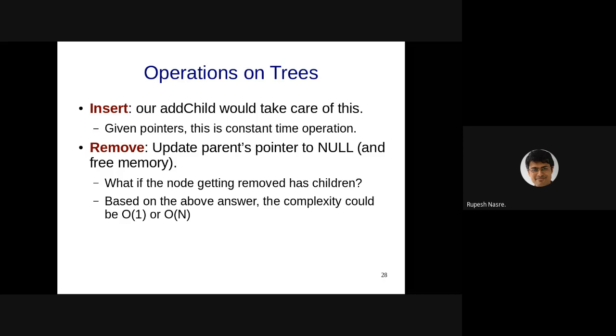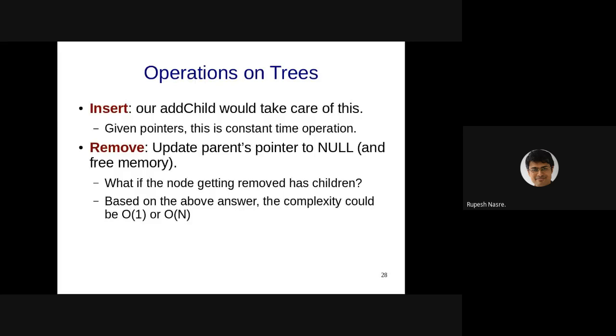So therefore typically this removal is based on the value which you need to search, and then you also keep track of what the parent is. If it is not given, then we might have to even maintain the parent links as we do in the context of doubly linked list, so that you can go back. So in this tree, there are representations of trees wherein you keep the children pointer as well as you keep the parent pointer with each node, and that can be very helpful if you want to go back.